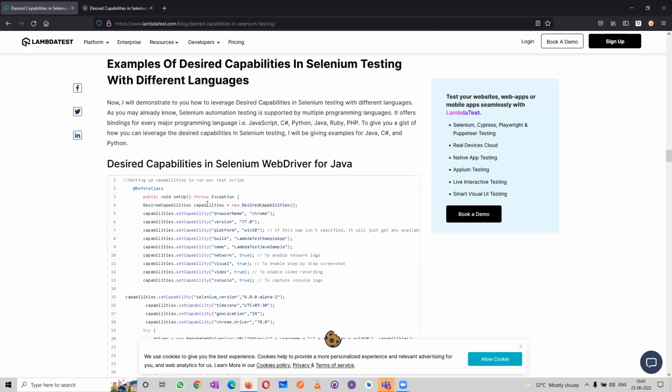Constructor. Now these capabilities set the capability name as Chrome. What is the version you wanted to execute? 77. Platform, it is Windows. And what is the application name and all the things you wanted to give? So you are enabling this, and all these particular capabilities you set for this, right? And here they also set other capabilities, the location of that particular app and all. So those all things will be there. Now what he did is